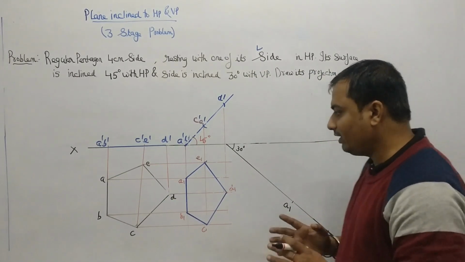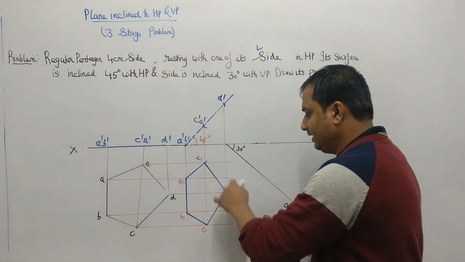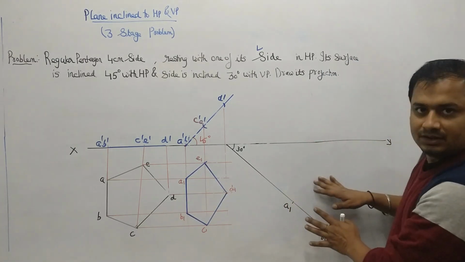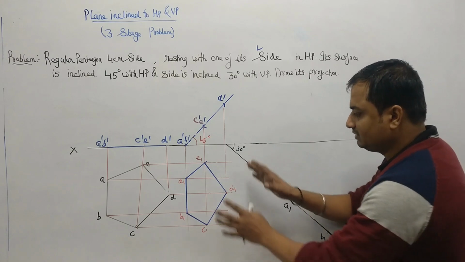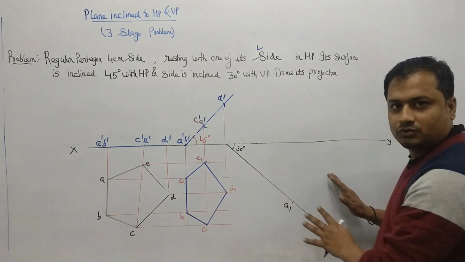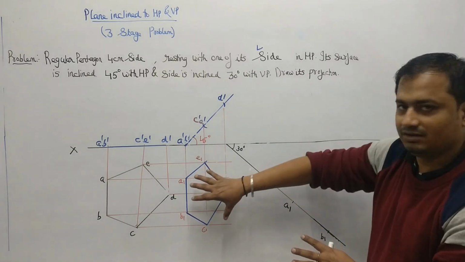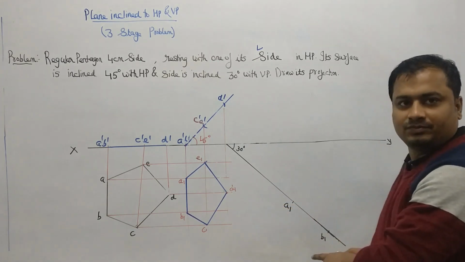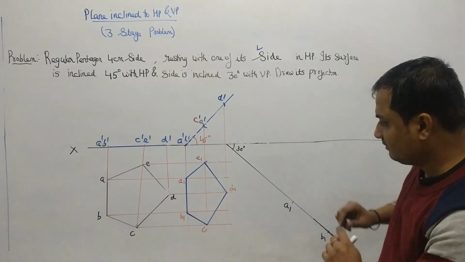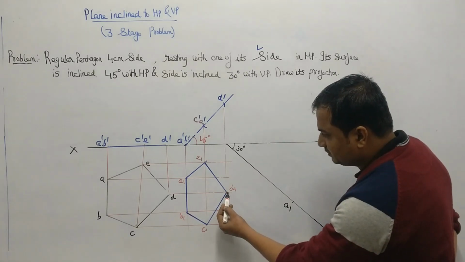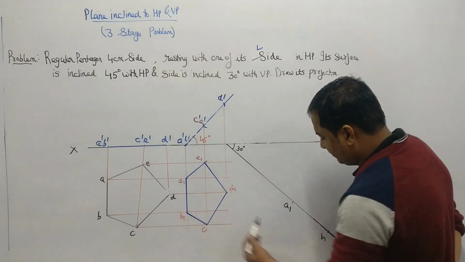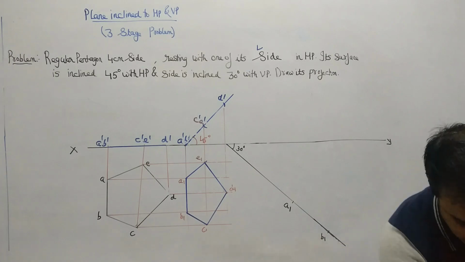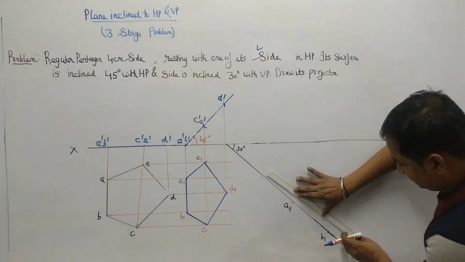Okay, so now I want to regenerate this entire pentagon on this line. I want to regenerate or redraw this entire pentagon here. So I will be measuring all the data from here and I will be regenerating here. Okay, so how I am going to regenerate is this D1, as you can see, I have already plotted this A1, B1. So I have already got this A1, B1. Okay, I will be making it blue color.